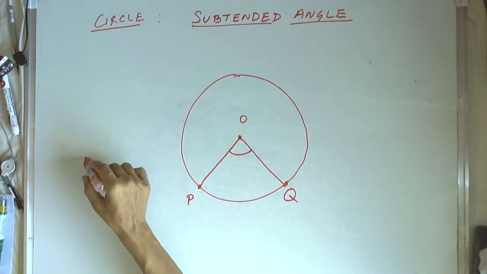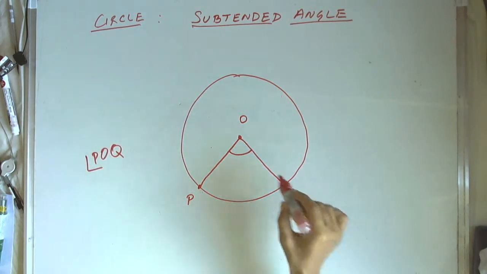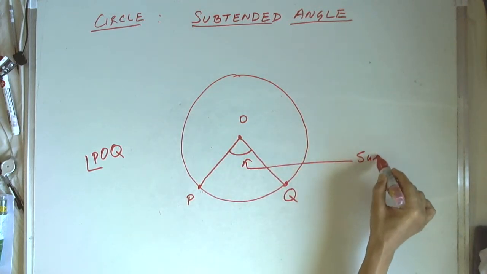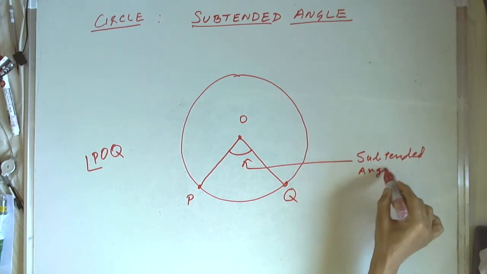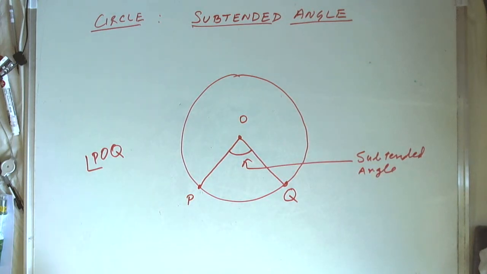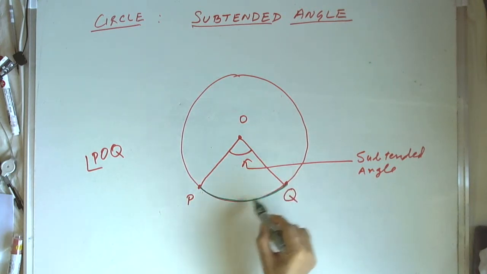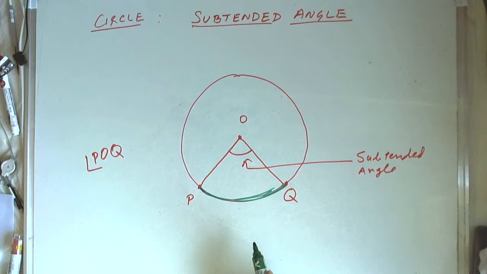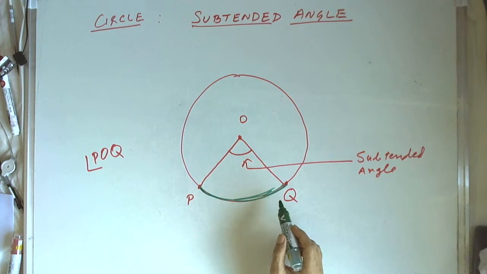So this angle POQ is a subtended angle. And this will always be a unique angle for a given arc. So in this case, we are saying an arc PQ. So the subtended angle by arc PQ is angle POQ. PQ could also subtend an angle